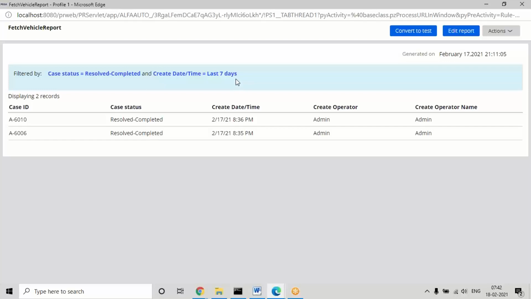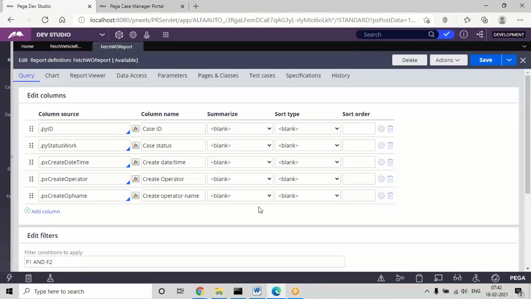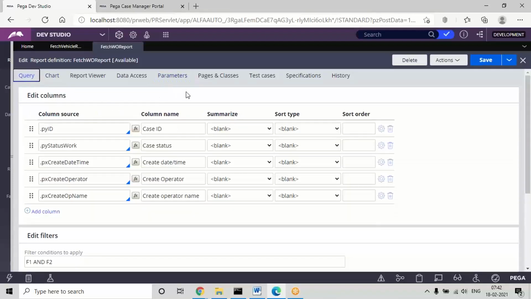A date parameter also you can apply, no issue. Any property you can apply this to. That is the advantage. When you are using parameters, more than one we can use, no issue. If you want to add more parameters, add them in the parameters tab and you can apply them, but you have to give a different name and the type accordingly. Whenever you have different values or multiple values, and within one condition you want to change or provide the input dynamically, you can go for these parameters.